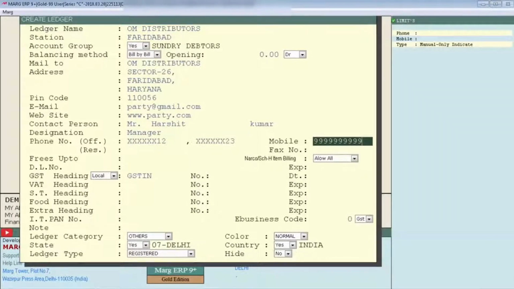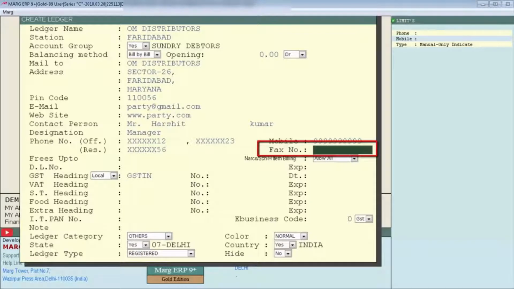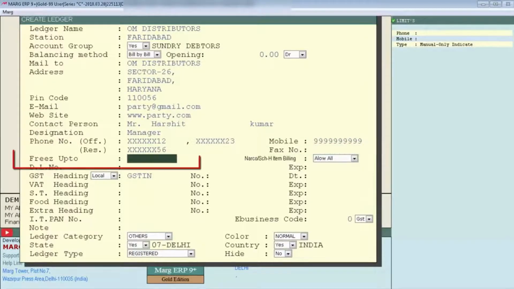Mention the mobile number of the party here, and if you want to give the residential number of the party, then mention that. Then the next field is fax number. If there is any fax number of your party, then enter that here. Then next is freeze up to, which means you will mention the date till when you want to freeze the